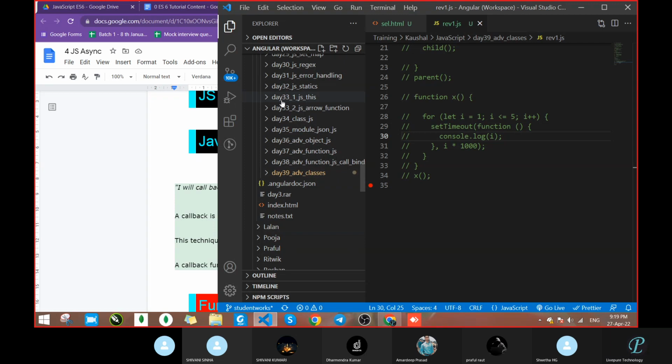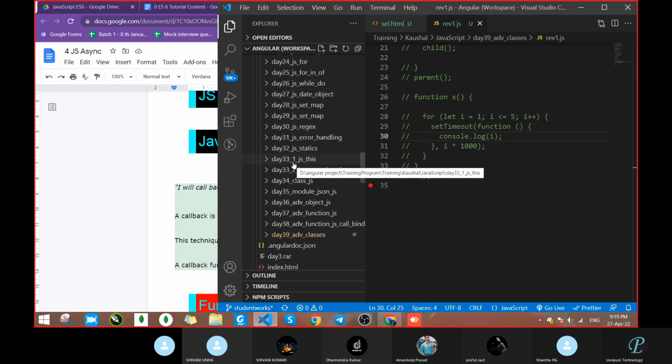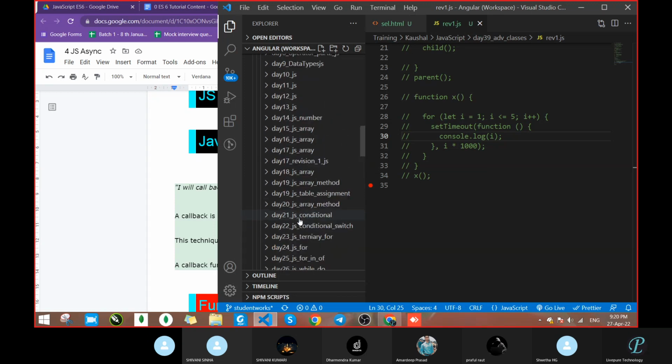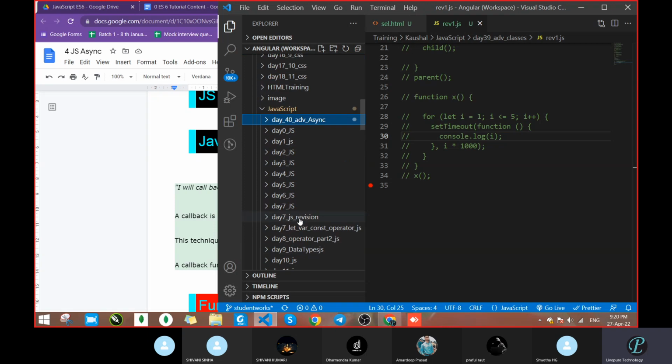Where did it go? 39. I had added an underscore.